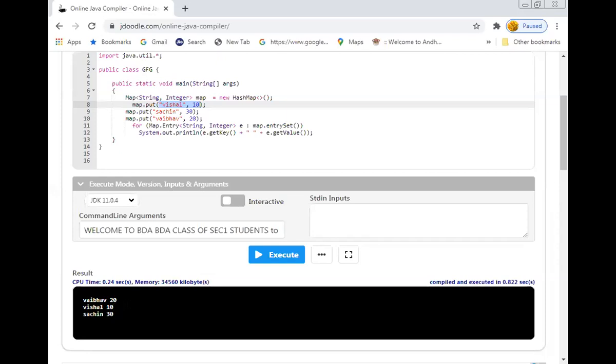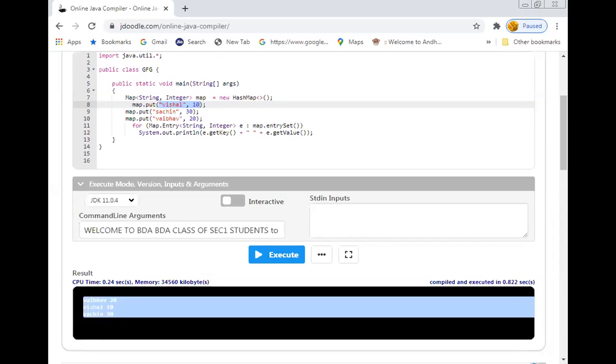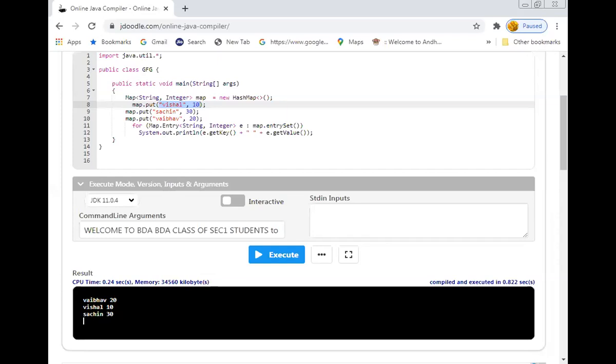Simply the job of this implementation is to associate the key to the value. So that is the reason you may get output in a different ordering: 20, 10, 30. There is no specific ordering. Say for example, if you assume it was printed from the last, we would get 20, 30, 10. But it does not happen here. 20 is followed by 10, which is the element I entered first. So it does not follow any order.